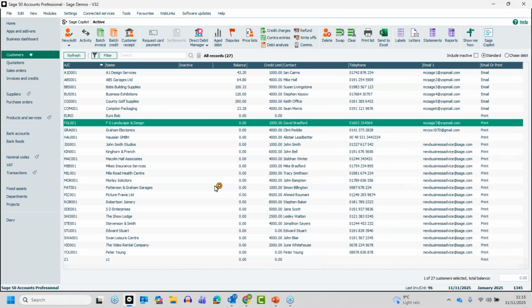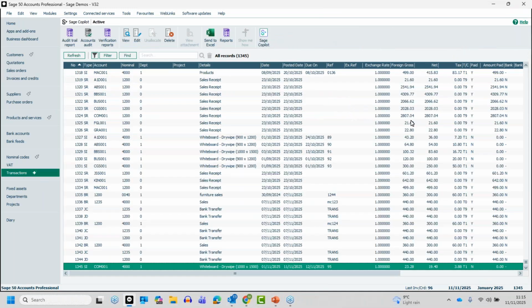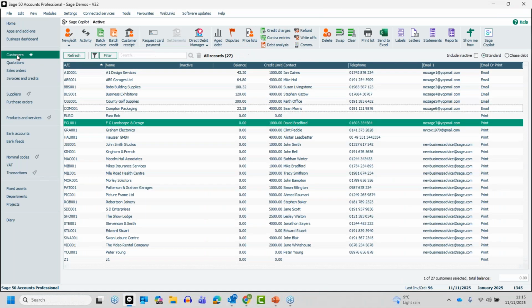Report with Copilot, you'll be able to access that from just about any ledger where you've got a reports option. Even though the reports are based around your transactions list, so this list here, it's not based around customer record information or invoices and credits. It's based around the information that's listed here. So any ledger where you've got, we'll just pop back to customers, where you've got the reports option,